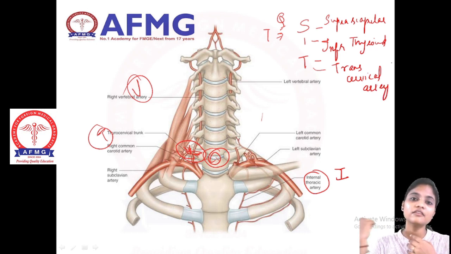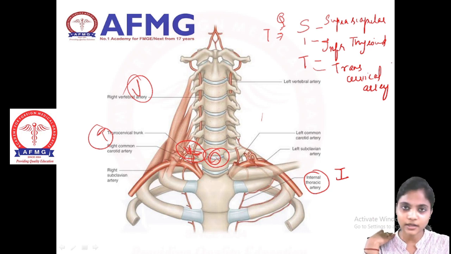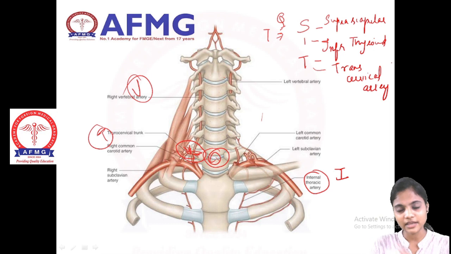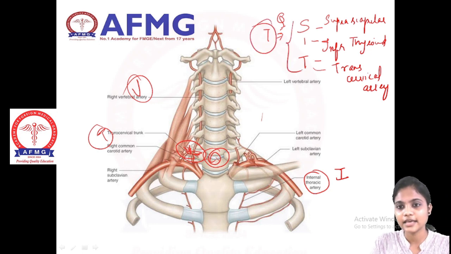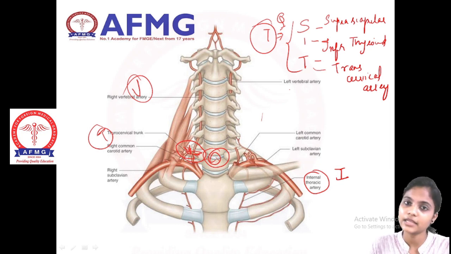So nearly the most important things are covered in your neck. First, it gives the back branch, which is the suprascapular artery. Then it comes here, inferior thyroid artery. Then it again goes to the vertebra, which is your transverse cervical. It is winding up, that is why transcervical artery. So vitamin CD, VIT CD, and this T is having further SIT. That is your SIT. Please remember this. This suprascapular artery and the inferior thyroid artery have already been asked as a question.